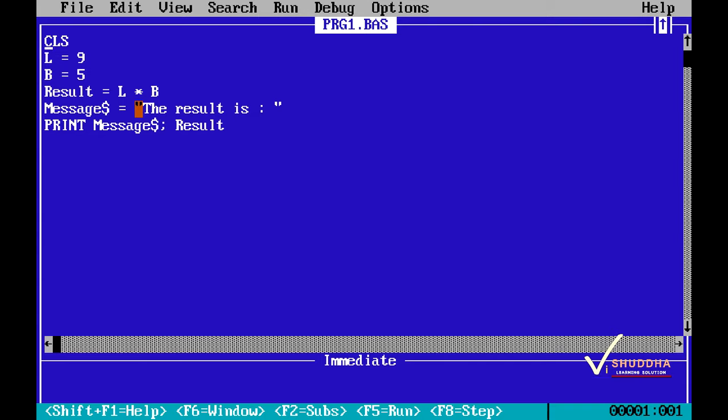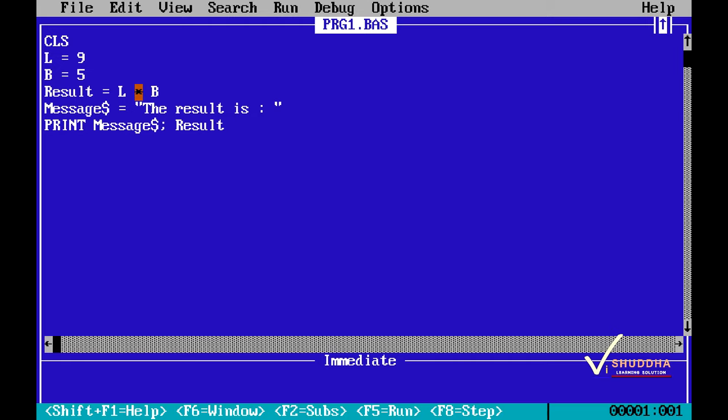While forming a variable, you should always take care that it should be short and meaningful. You cannot have the variable names with more than 40 characters in QBasic. The next element of a QBasic program is operator. An operator is a symbol that tells the type of operation to be performed. For example, to perform all the mathematical calculations, we have arithmetic operators.